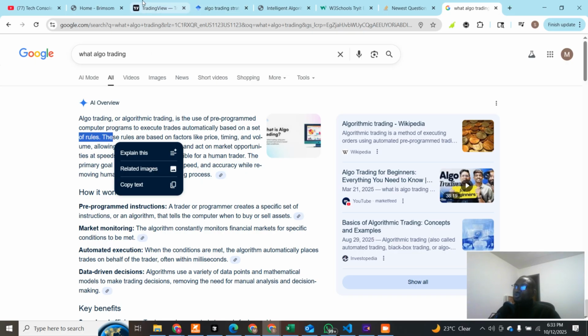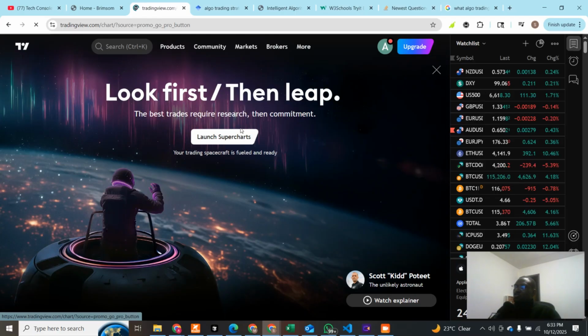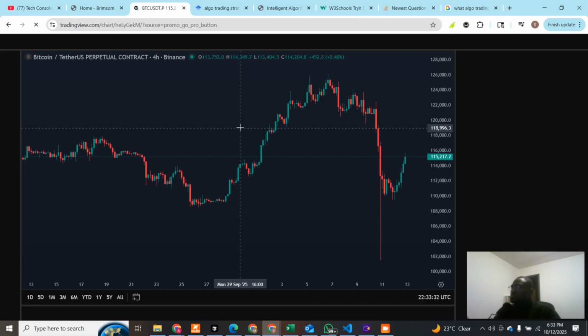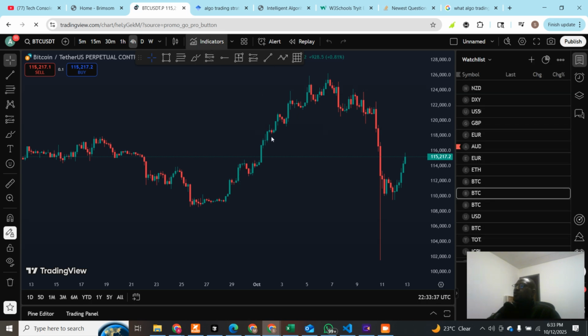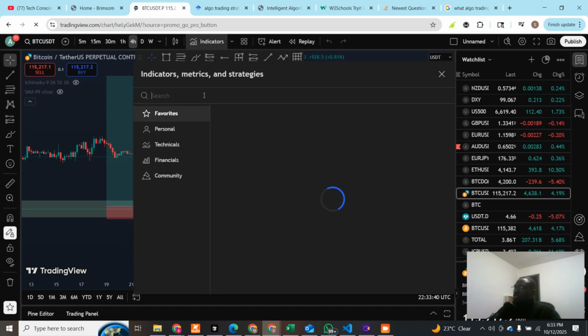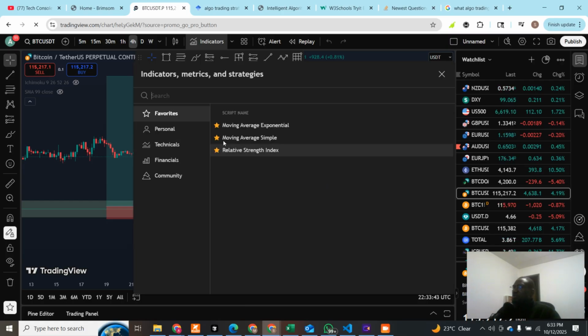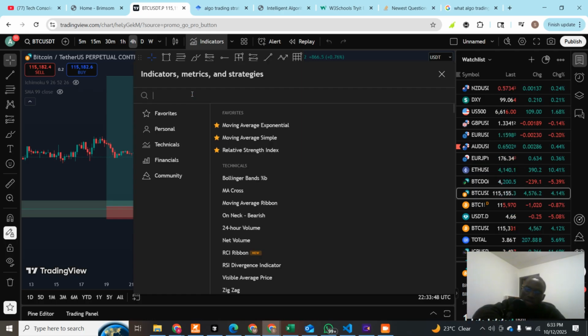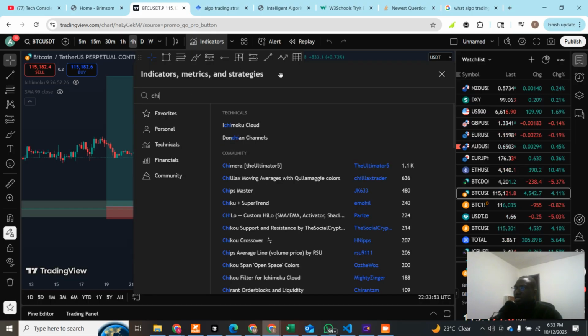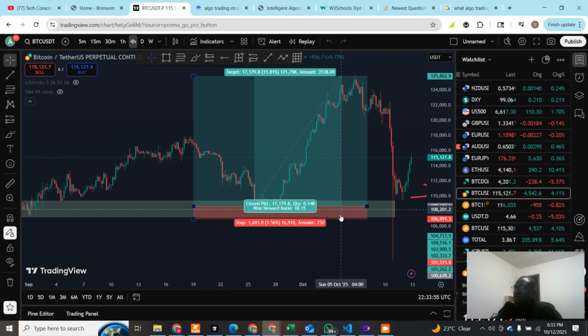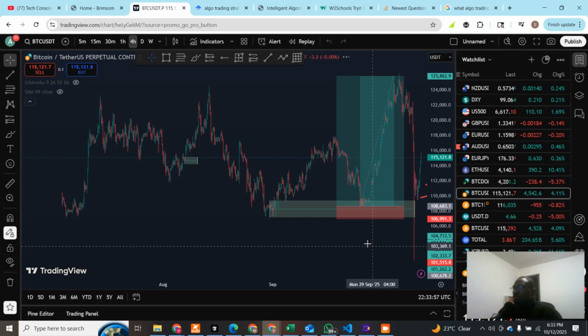If you go to TradingView, if you go to Super Chat, we have a lot of indicators. But personally, I won't really advise using indicators. Don't get me wrong. You get the point. You can use indicators, but if you feel that you know some indicators that work very well for you in some sort of market, maybe ranging or uptrending market, then go ahead and use it. That means you have a strategy already. But if you don't have any, maybe price action, indicator, anything, then this is not for you.